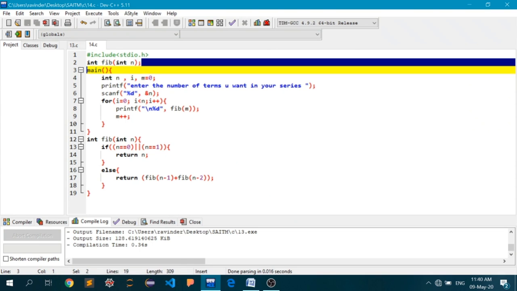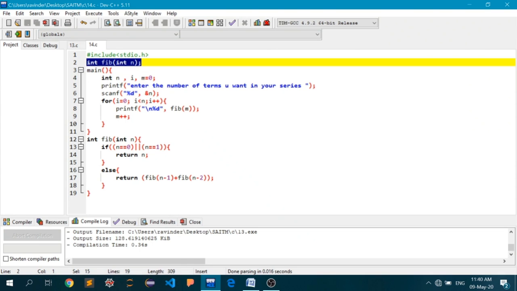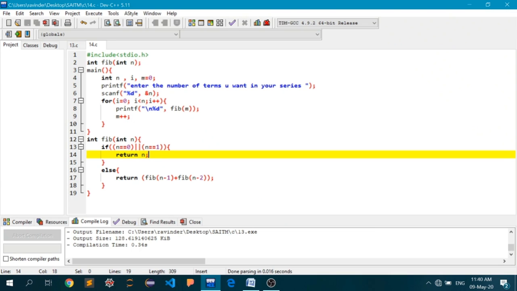Next, I have defined the signature of my actual function, and I have named it fib. It will return an integer value, and it will take an integer argument, that is, which place value you want in your Fibonacci series. So if I want the value at the fifth place in the Fibonacci series, I will pass 5 here. Okay.